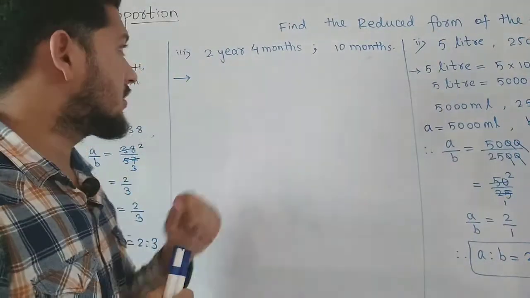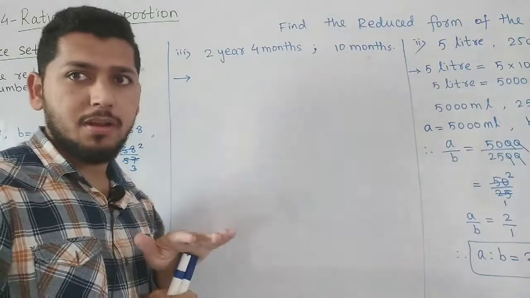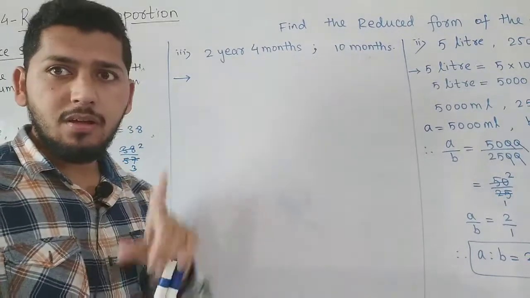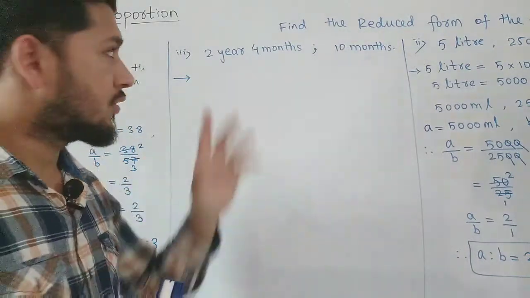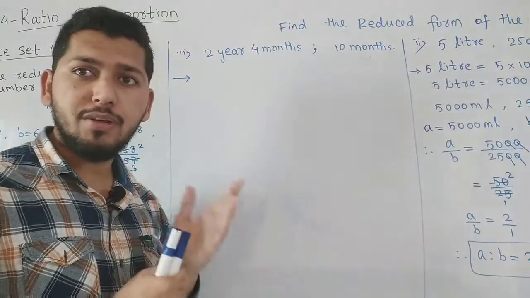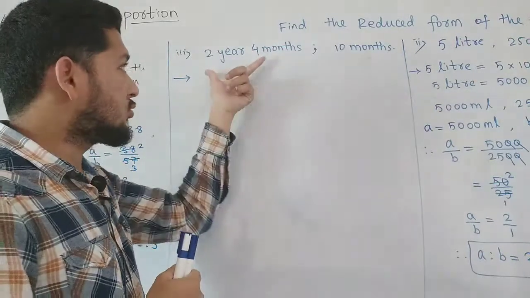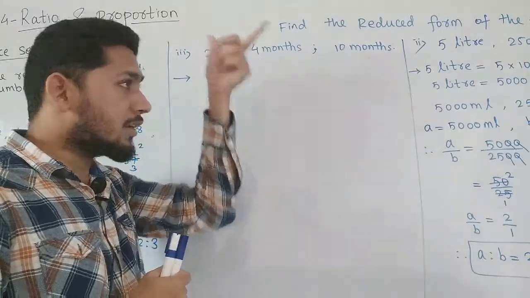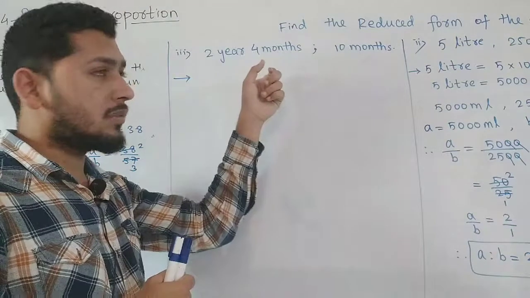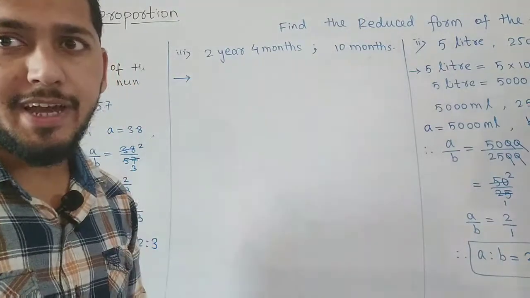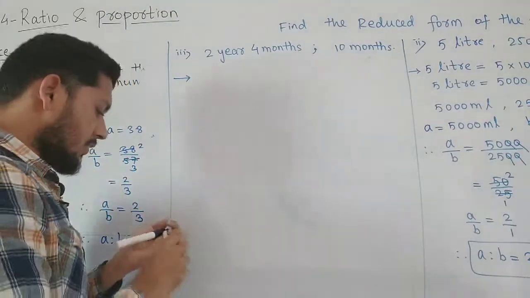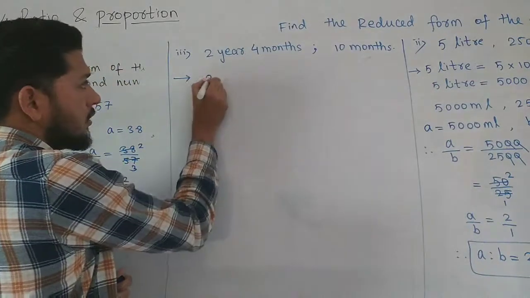So how will we change? 2 years को मंथ में चेंज करेंगे पहले. 2 साल में कितने महीने होंगे? 1 year carry 12 months. So 2 year carry how much month? 24 months. And 24 plus 4 कितना होगा? 28 months. So this total quantity if I convert into months, so 2 year 4 month will be converted into 28 months. So first we'll convert this quantity 2 year